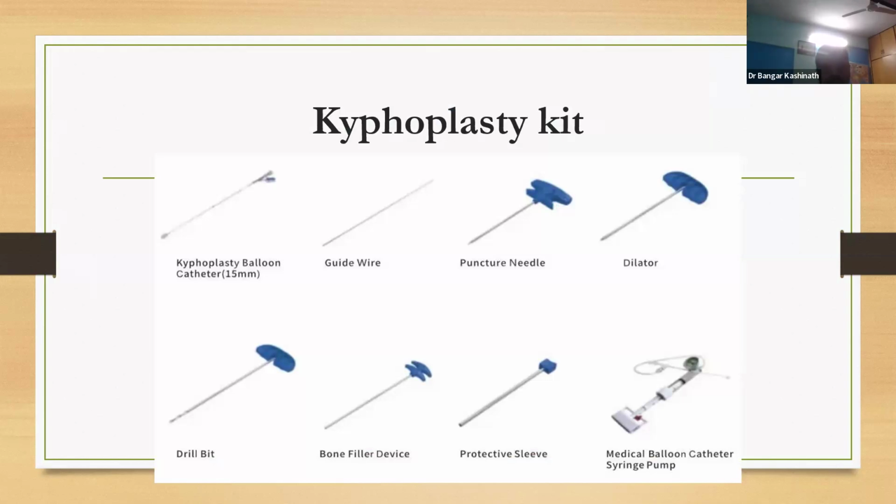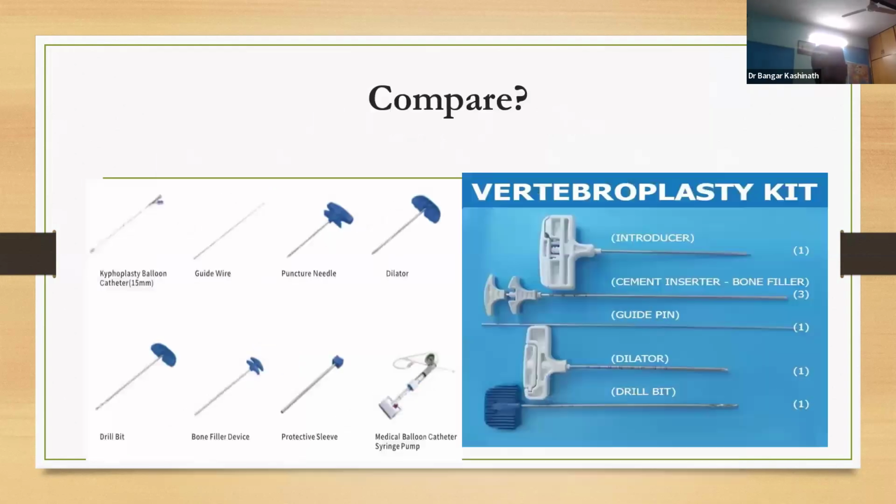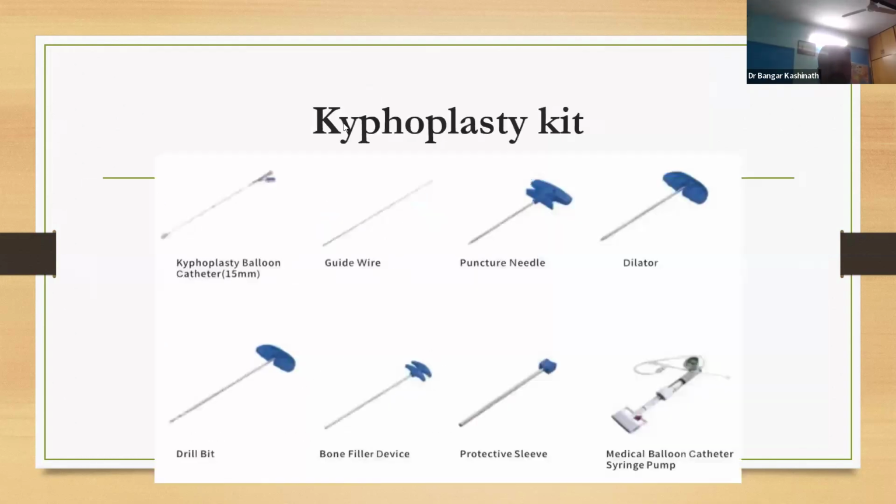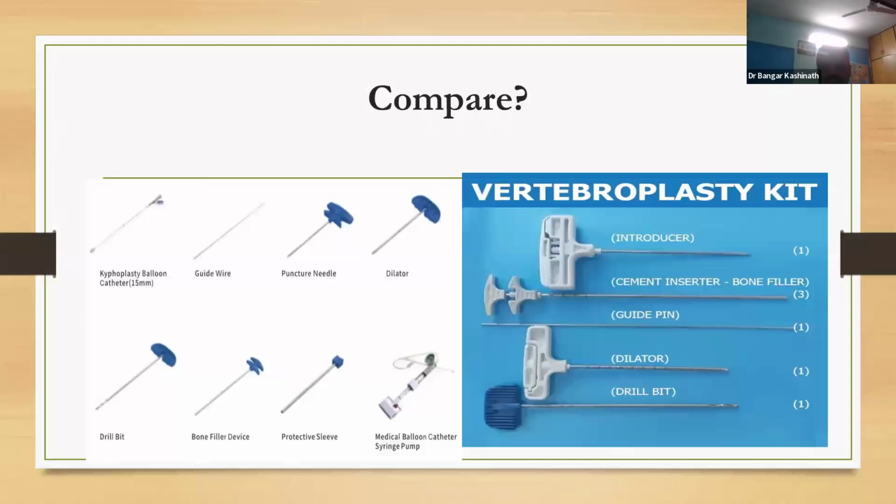and one more kit will be there, vertebroplasty plus kyphoplasty. In kyphoplasty, it is nearly the same, but there will be a balloon inside. You can inflate the balloon, make a space, and then put the cement. So the difference between kyphoplasty and vertebroplasty will be asked to you. So here will be a kyphoplasty balloon, a manometer,